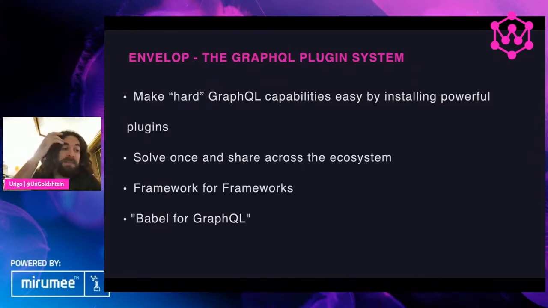Another cool thing, and the last thing that I wanted to mention, is that all those things make GraphQL Yoga and Envelop basically the Babel for GraphQL. So everyone here that uses JavaScript, we always want to use the latest features of JavaScript, even if the browsers don't support that. Thanks to the Envelop plugin system, we can do the same with GraphQL. So you can use, and we already use it for many months, even years, defer and stream,